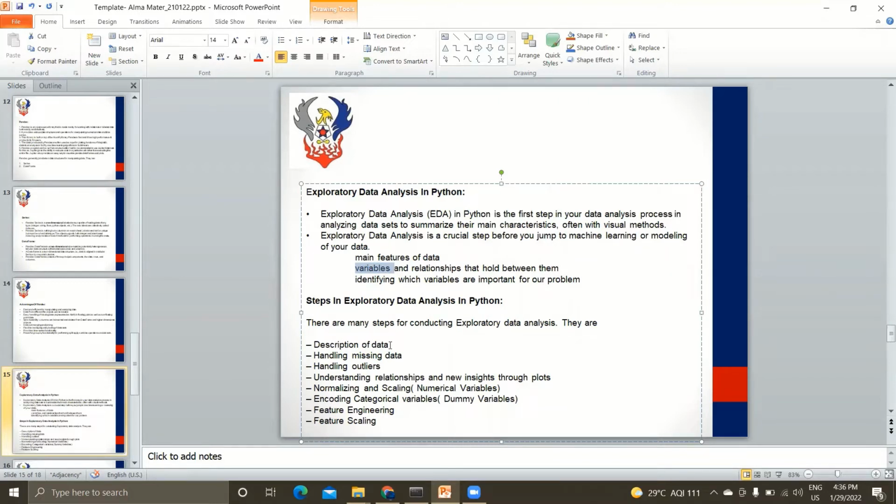So the steps involved in data analysis in Python are, like, description of the data. As I said, it is descriptive analytics. The other steps are handling missing data, handling outliers and relationships, basically correlation and covariance of the data, normalizing and scaling the data. If features are of different scales, like 1 to 1000 or 0 to 0.1, all those things, numerical variables, and encoding categorical variables, feature engineering, feature scaling, and